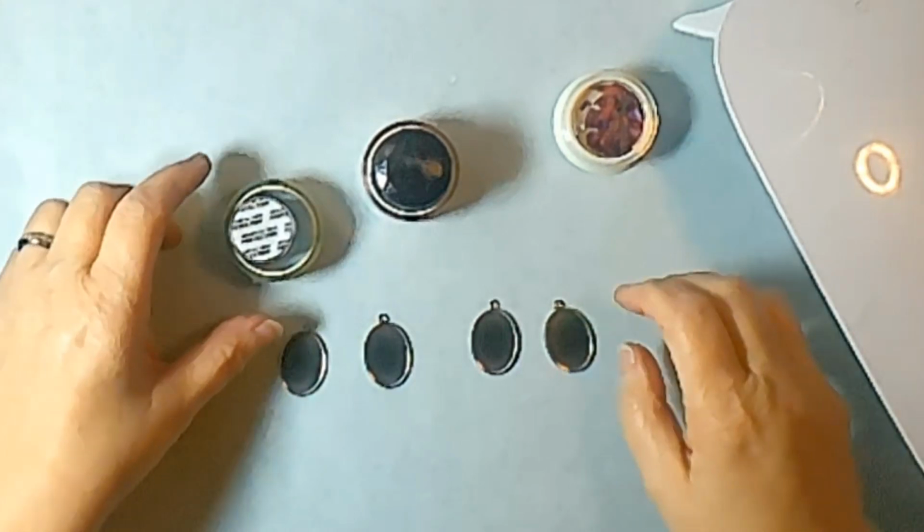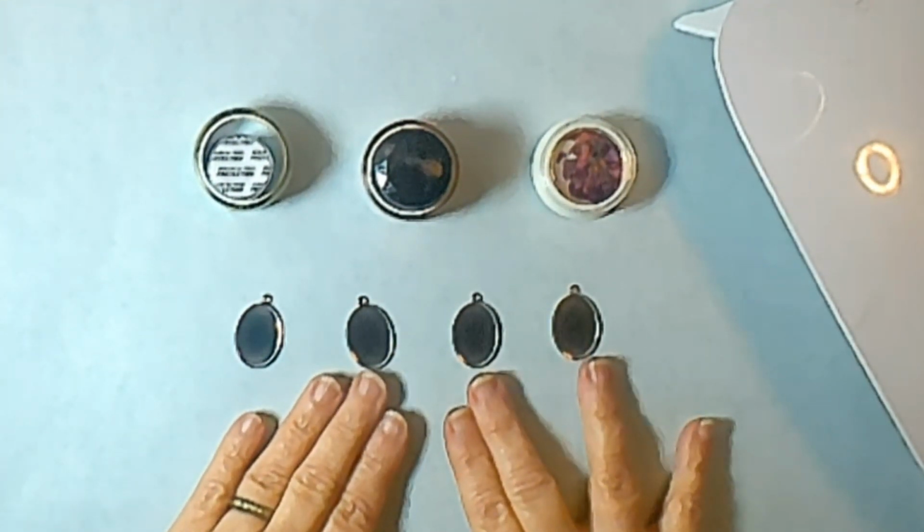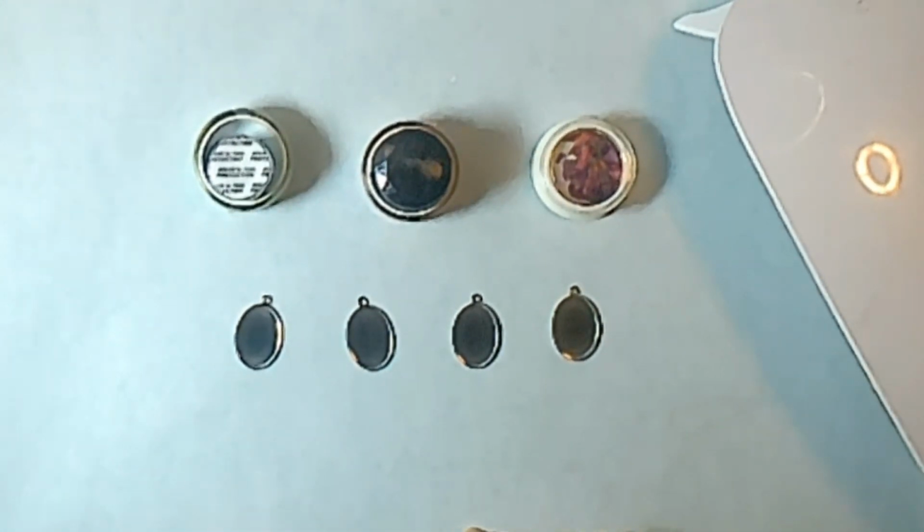I'm Cheryl. Today, as you see, we've got these four cabochons. No, not cabochons. Bezels. See, I'm doing good already. Okay,